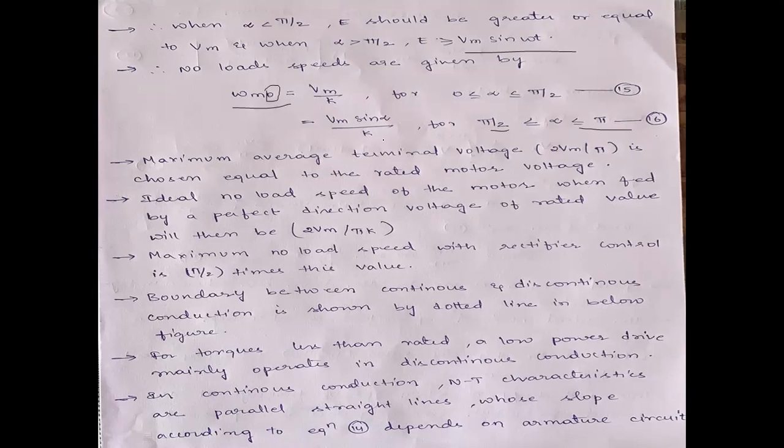Here the value of the maximum average terminal voltage, from this we can say, is 2 Vm by pi. That is chosen as equal to the rated motor voltage. So the ideal no load speed of the motor